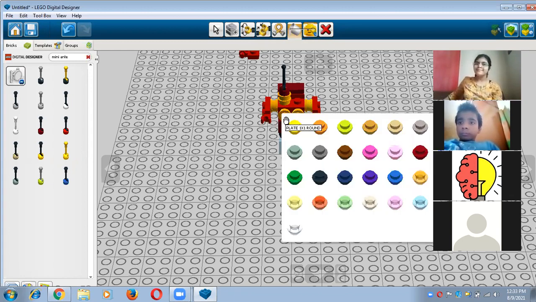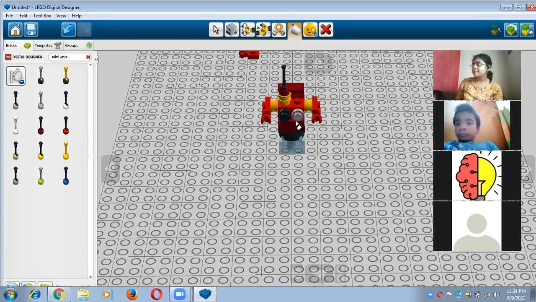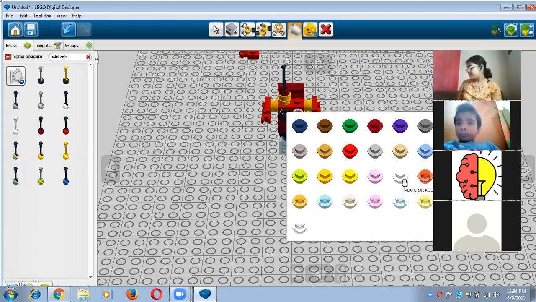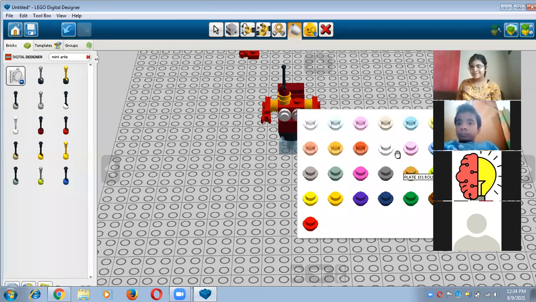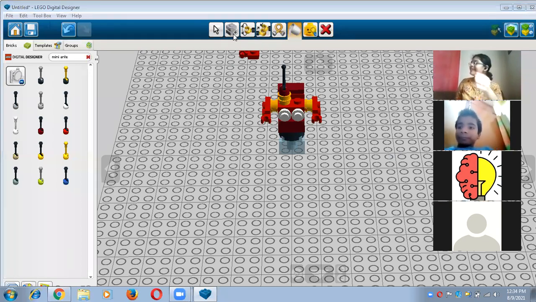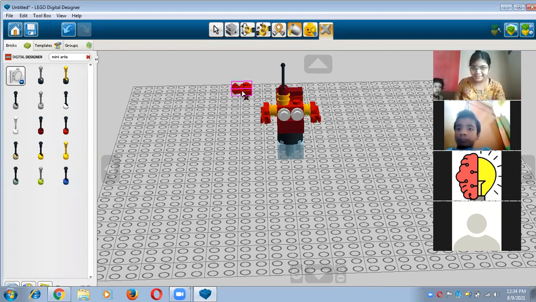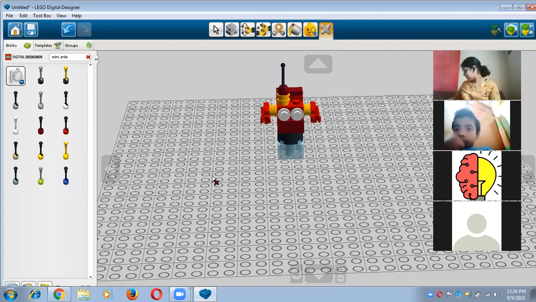And now you will click here, and now you will receive all the respective color of this particular part. And if I want to take any other color, like black color, I can take, right? If I want to take white color, I can take. So it is your choice which color you want. I want proper white color, right? So I can take this one like this, right? Correct? And now I'm just deleting the extra part which is available on my work plane area. And now I'm going to move on to the next step.